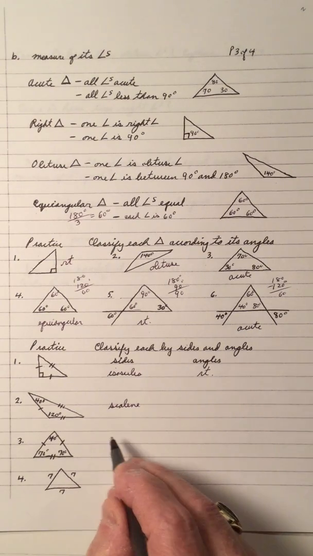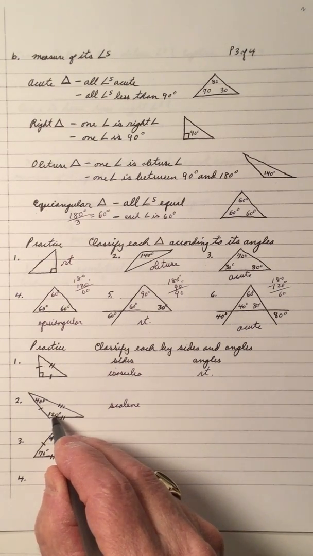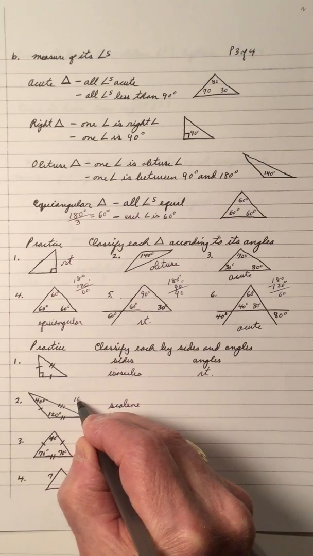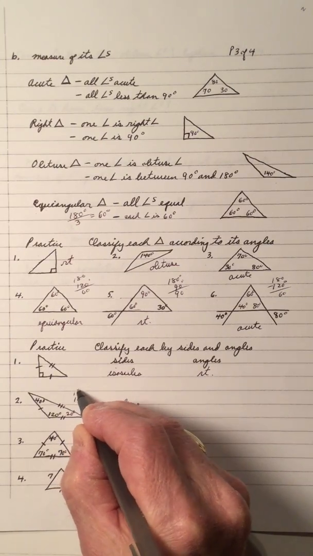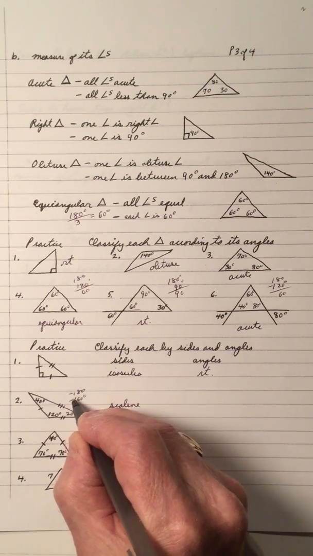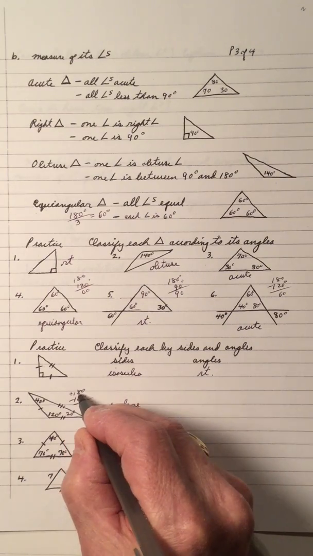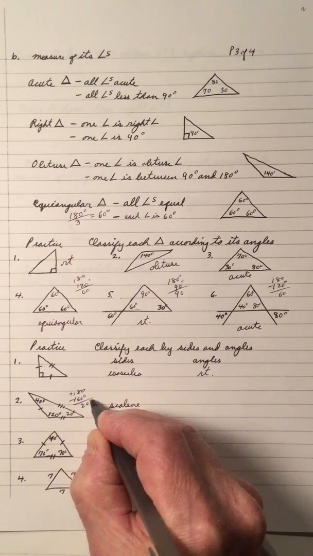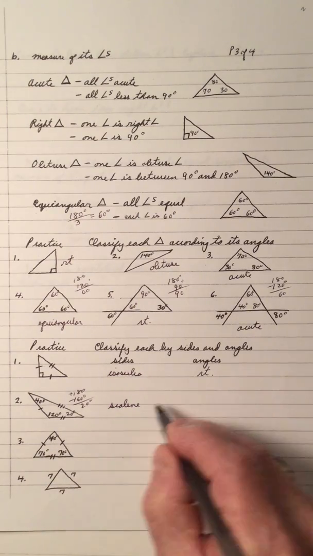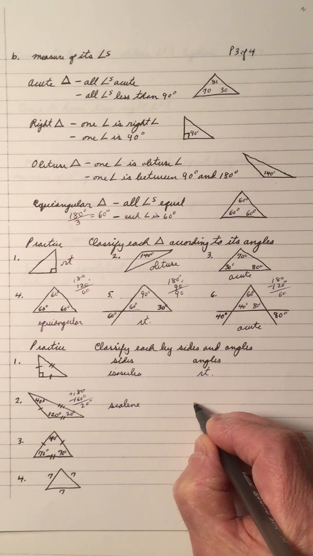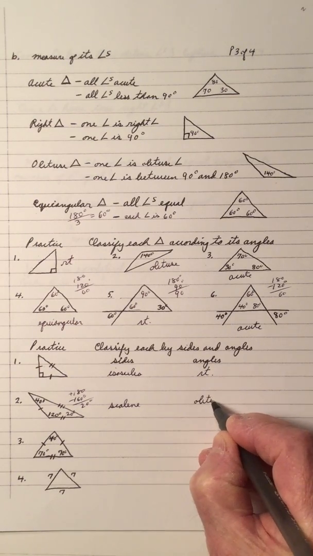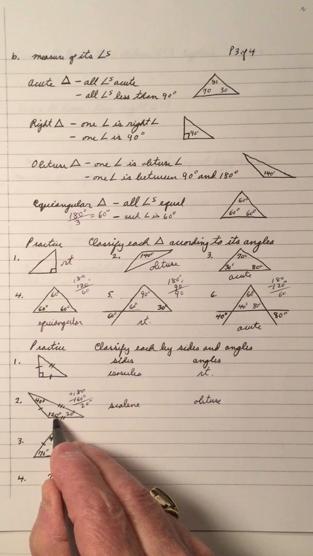S-C-A-L-E-N-E. And we got 120 and 40. 120 and 40 makes 160. So this one is a 20 because 180 minus 160 is 20 degrees. So that means, according to angles, it's obtuse. So notice you have an obtuse angle. So you got a 120-degree angle,